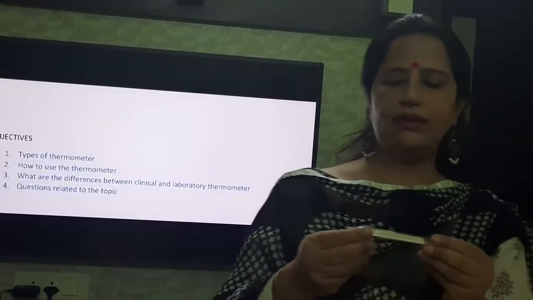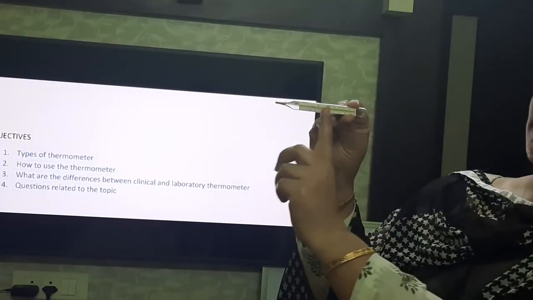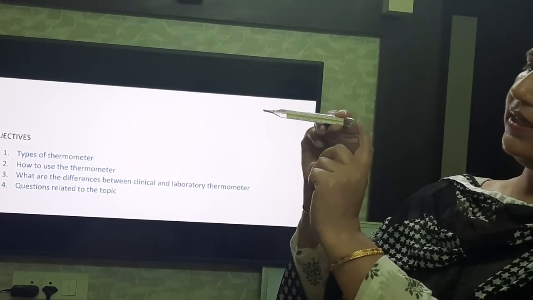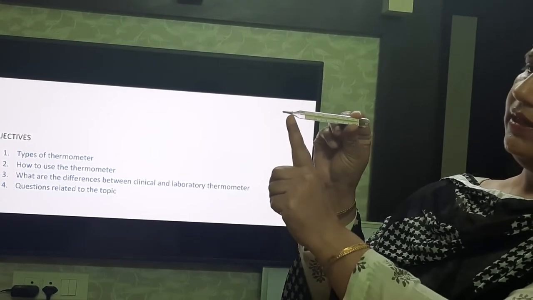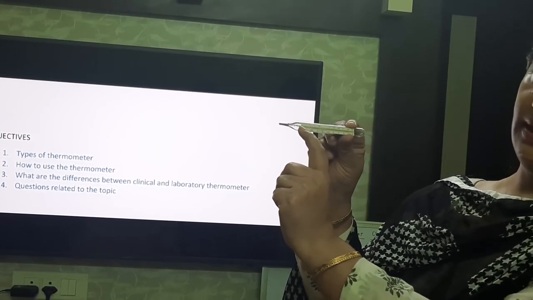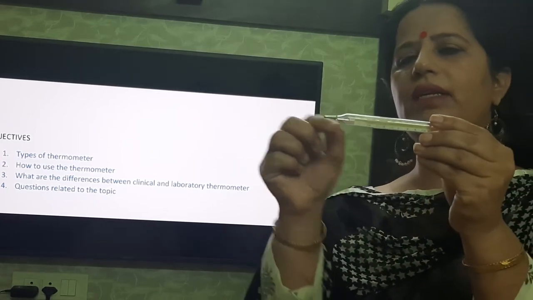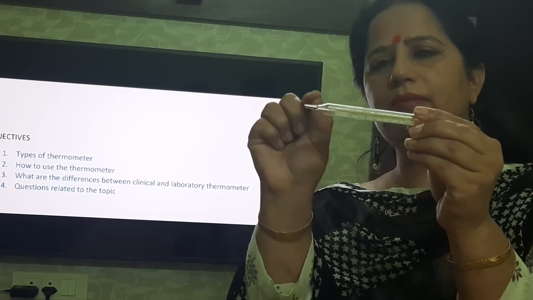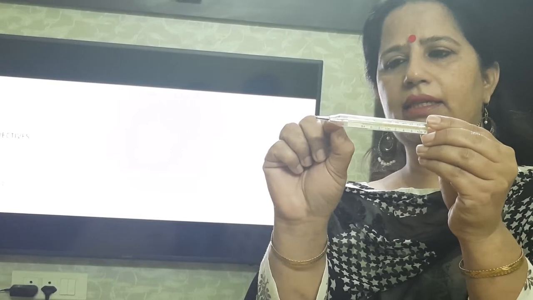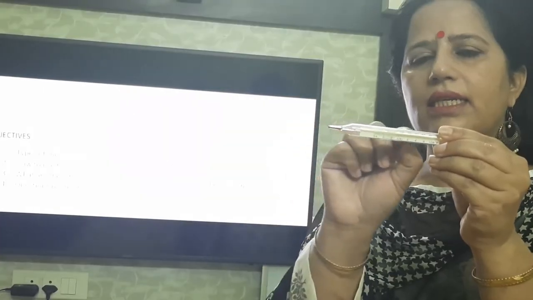First of all, see closely here this thermometer, which is clinical thermometer. You all know, you have already studied that it consists of a glass tube and bulb, and here what is filled? Mercury. Okay. Here see very closely, if you observe it, here it is a kink or some sort of depression, you can say that. There is some twist inside it. So this is called kink. Okay. So what does this consist of?